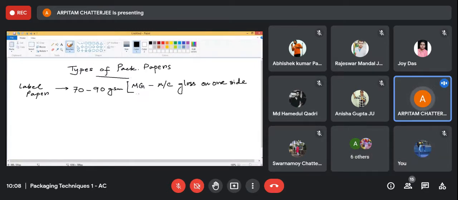This is called MG, machine gloss. We also have another one that is called MF. This is called machine finished. This has a high smoothness,